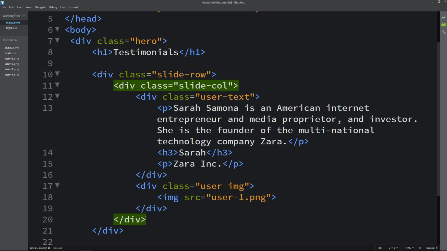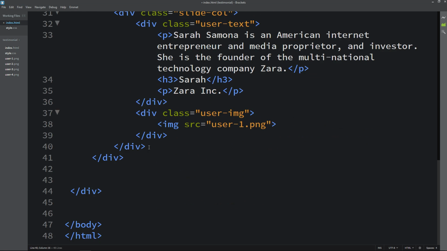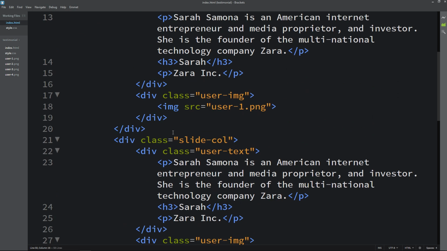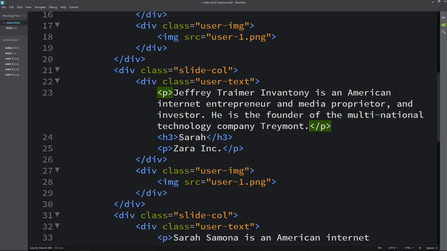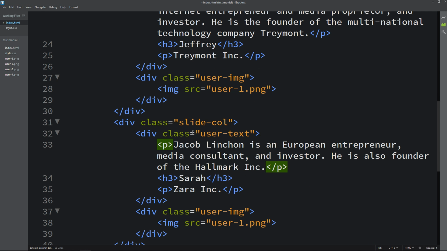So just copy this div with the class name slide call and paste it again. So we have to add 4 different user review and image. Let's replace the text, replace the name and company name. Now for the third one I will add the name here and the company name.